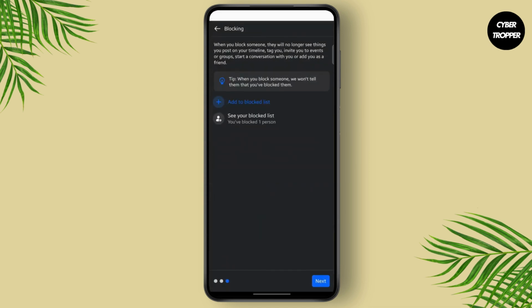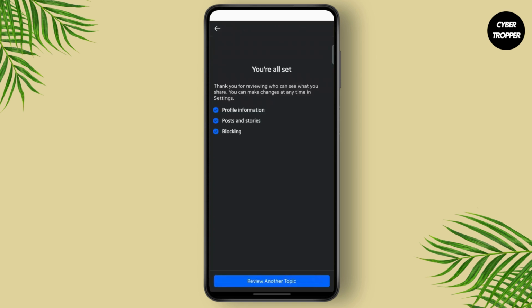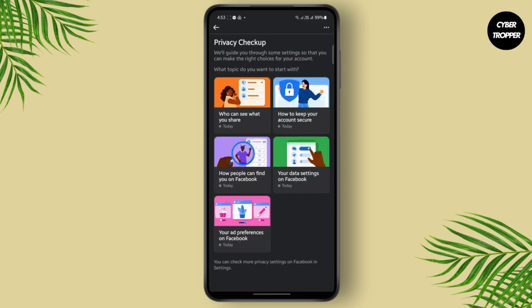Now tap on next. And finally, if you want to add someone on your block list, you can do that. But if not, you can just tap on next. And after this, as you can see, you're all set, and now your profile has been set as